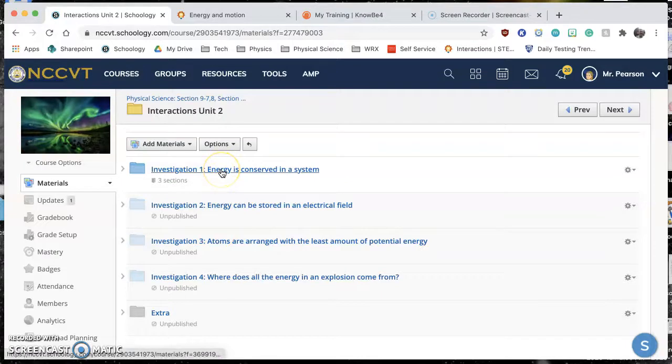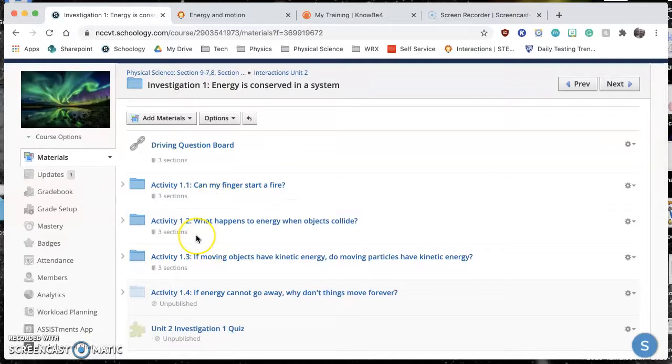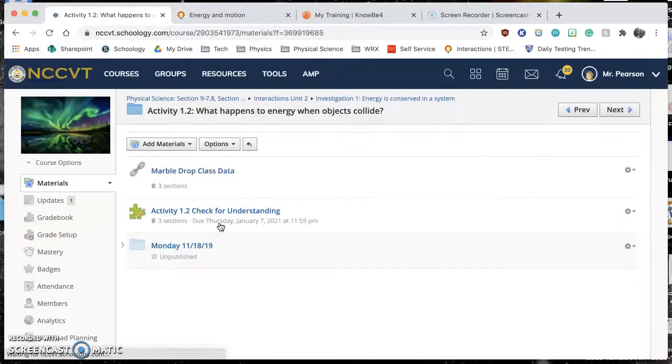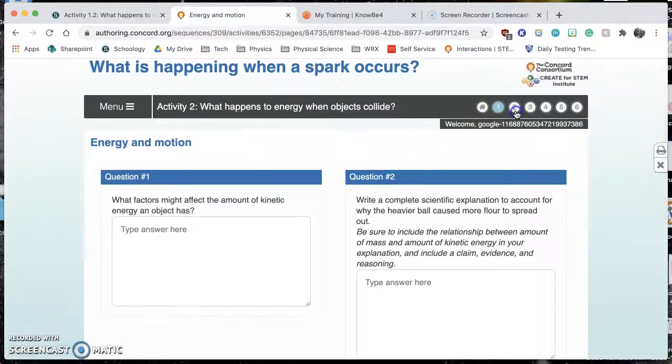Okay? So what I put up today, we're in Unit 2, Investigation 1. I actually published Act 1.2 and Act 1.3. Two questions. What happens to energy when objects collide? So I'll start there. There's some labs that we would have done in person that it references and asks you about. However, if you go and you're on the Interactions website,